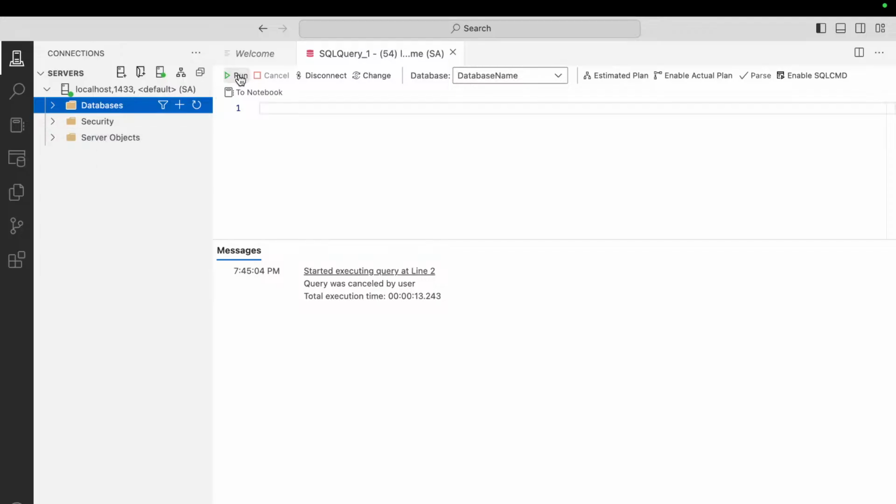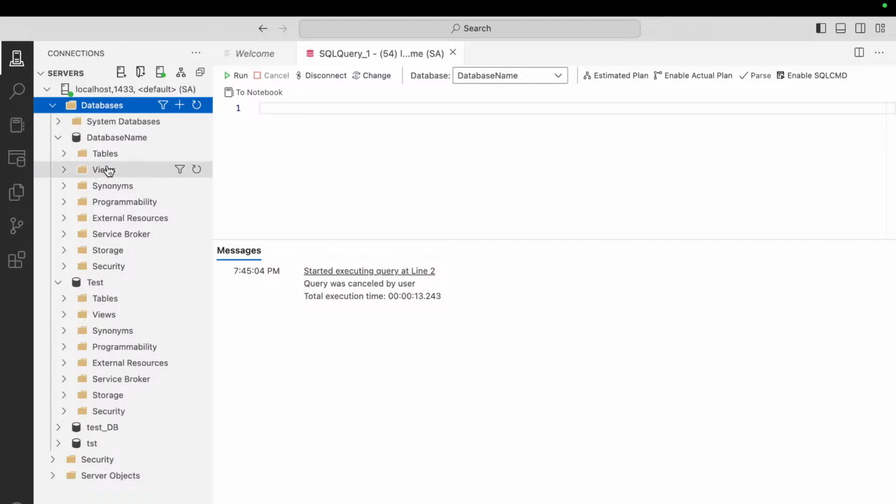Here you can see an option called Run, and I think you have the same in your system also. So you should go through with that. And here you can see we have some system-defined databases, and we also created our own database. How we create our database matters here, right?